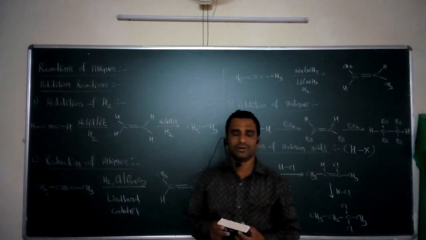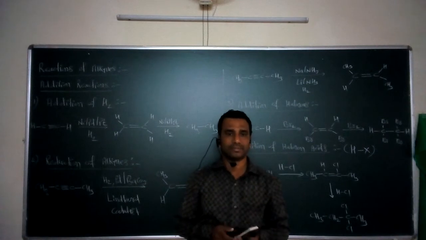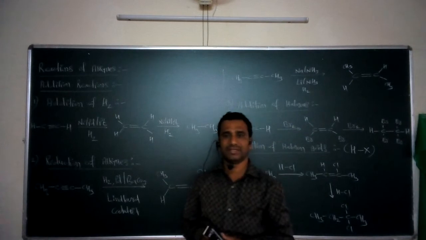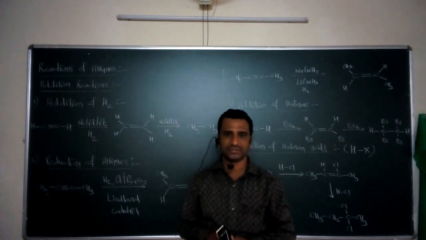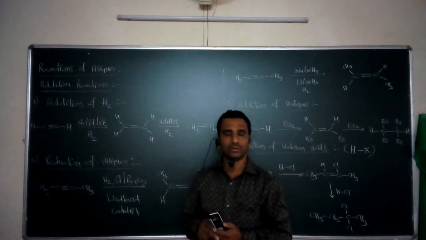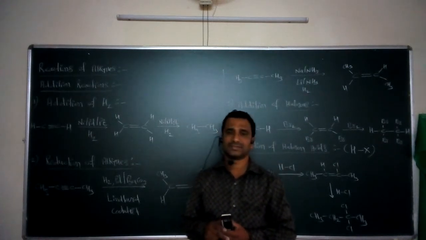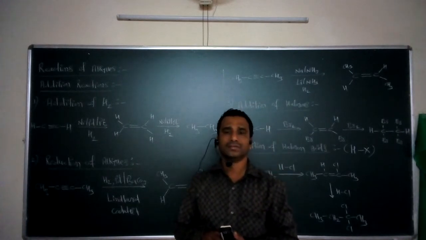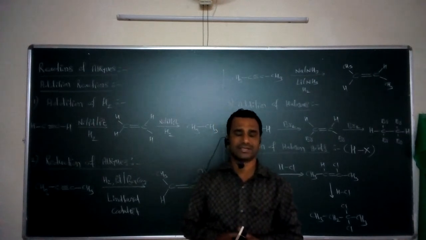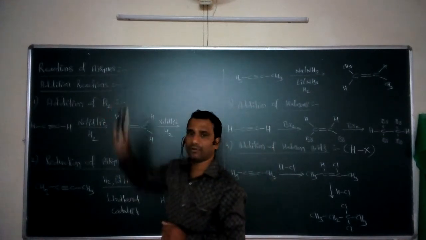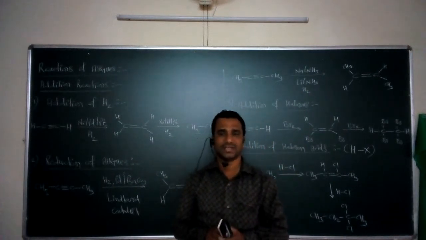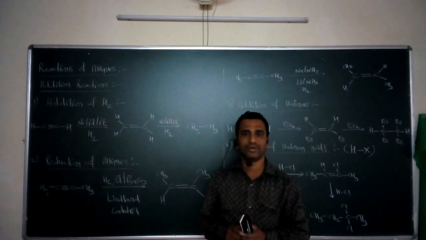In the last video, we completed the different methods of preparation of these alkynes, both the laboratory methods as well as the industrial methods of preparation. After that, in today's video, we have to look at what types of reactions are given by these alkynes. The alkynes show one important type of reaction, called the addition type of reaction. So what are the different types of addition reactions shown by these alkynes? That we have to study in the current video.